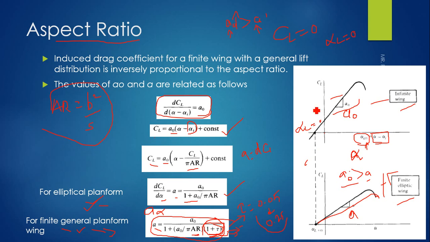That is for symmetrical wing only, sir. If CL is equal to 0, then alpha L will be equal to 0. For unsymmetrical wing, there will be some lift. For unsymmetrical wing only, we will get this alpha L equal to this negative value. So they are calculating this for some unsymmetrical airfoil only, for an infinite wing. That means for some airfoil, they are getting alpha L equal to 0 at this point.